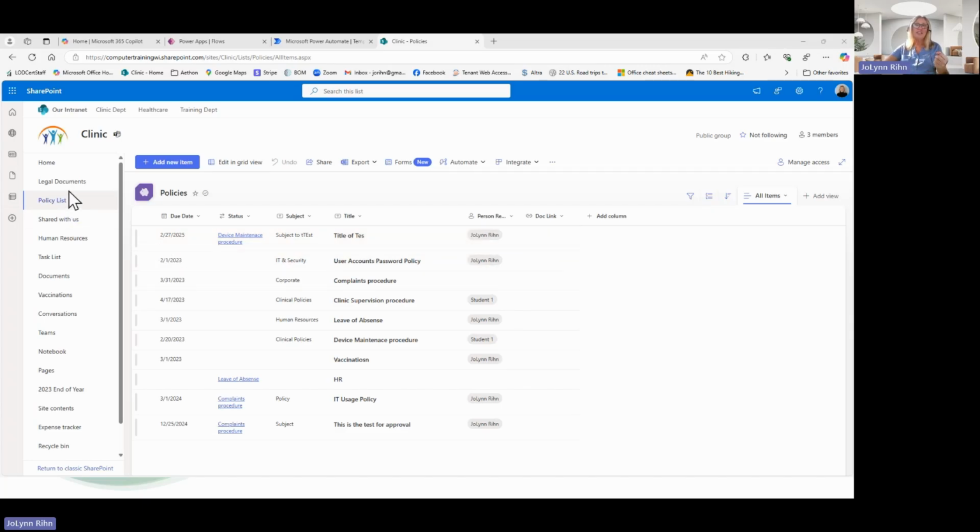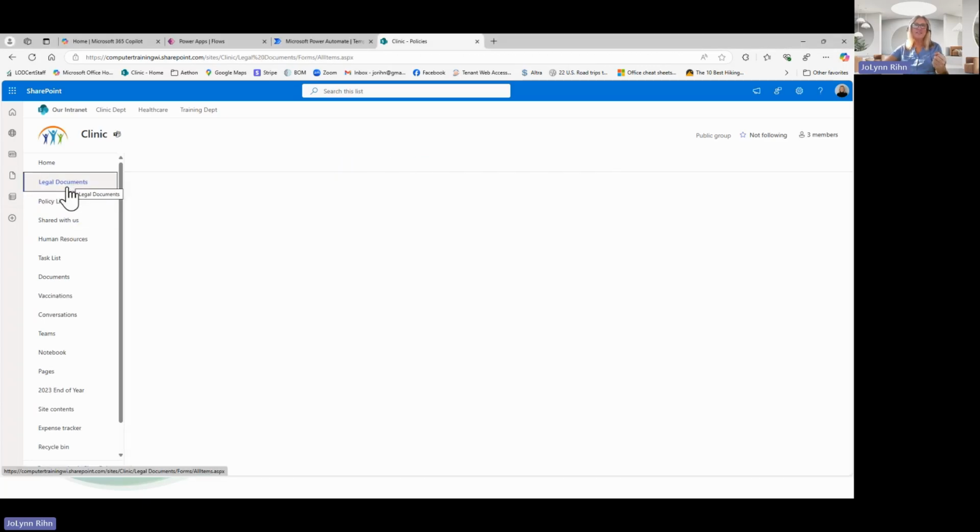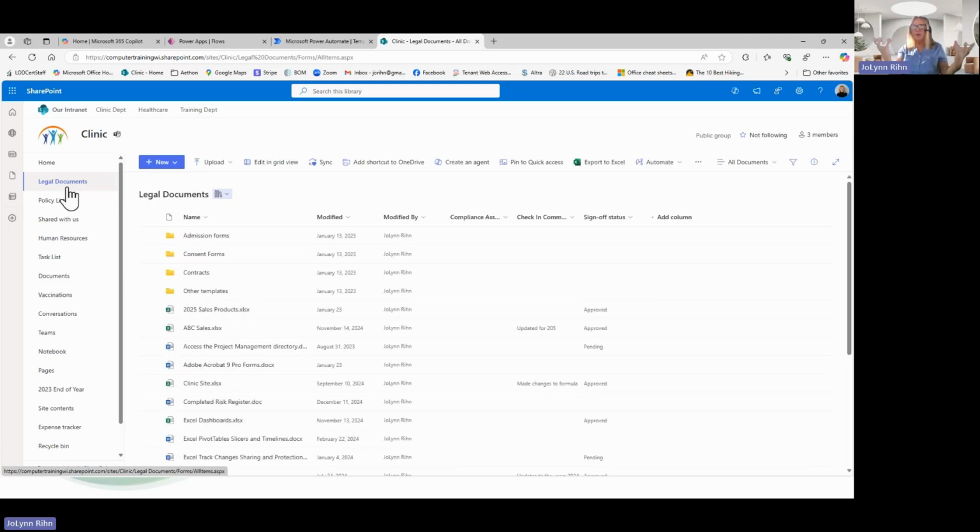I'm going to go to the left-hand side to this legal documents. These are things that we don't have to be in the big Power Automate window to create from scratch or use a template. These are things you can use every day. So let's say that I'm in a SharePoint document library, or I'm in Microsoft Teams in my Files tab of a channel, which is a document library. You have built-in workflows. Can I create some?